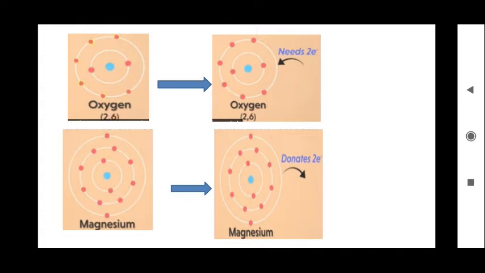Similarly, come to the next example, magnesium. Magnesium's atomic number is 12. Out of 12, 2 go in the K shell, 8 go in the L shell, and 2 plus 8 is 10, so the remaining 2 go in the M shell. Now you tell me, what is the valence electron of magnesium? Yes, good. It is 2. So magnesium has 2 valence electrons. And what would be its valency? It requires 6 more electrons to attain stability. Yes, valency should be 6.